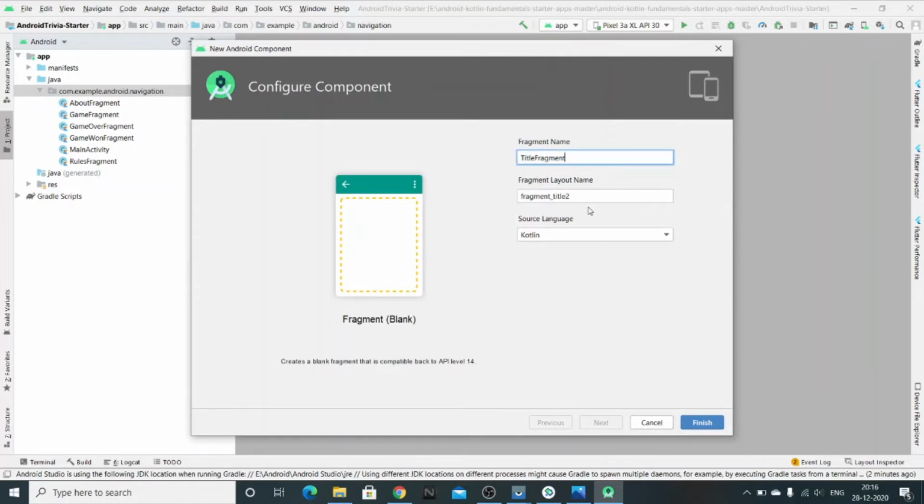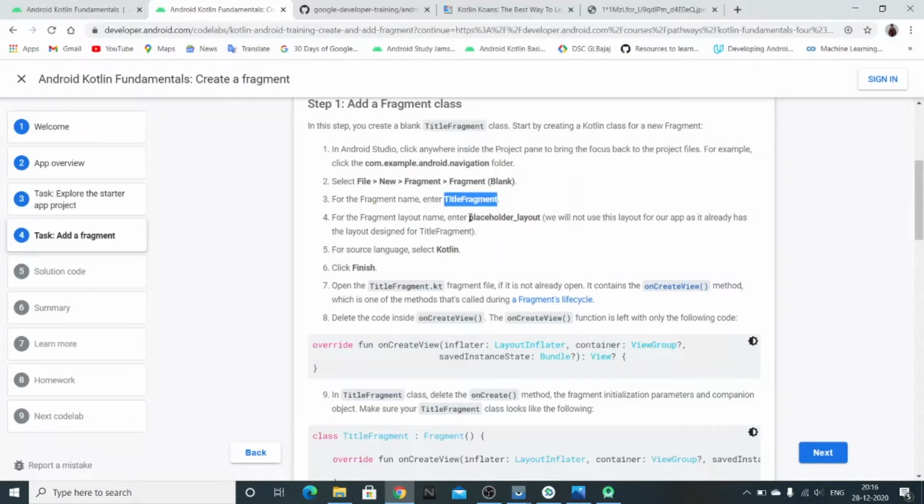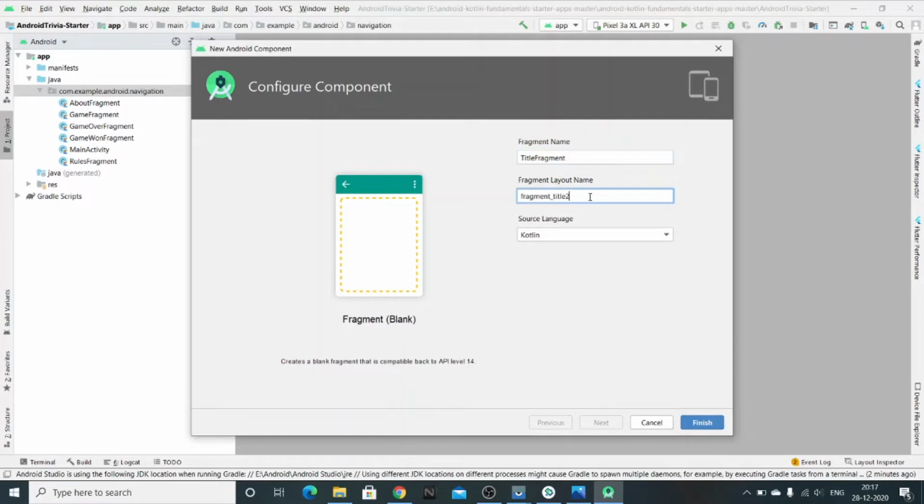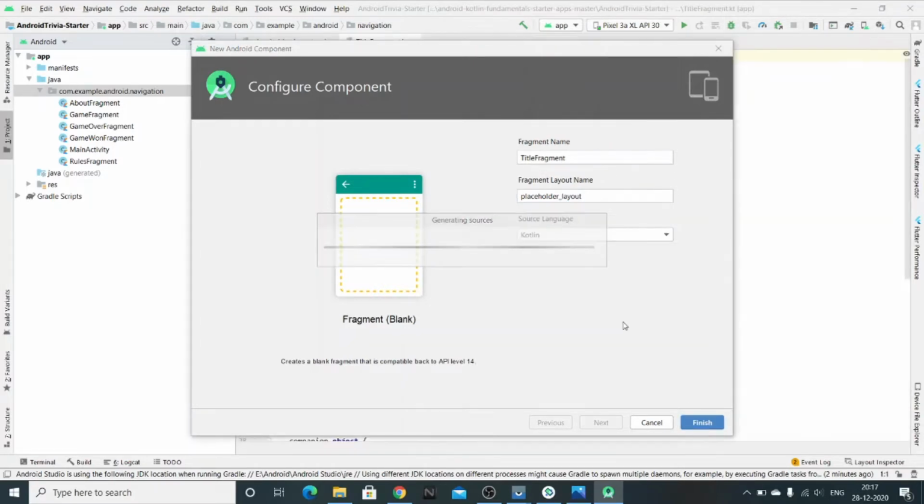Like the activity, the fragment will also have some layout, so the layout file name would be placeholder underscore layout. This layout file we won't be requiring, as the layout file is already given to us with this project. We'll be deleting it later.